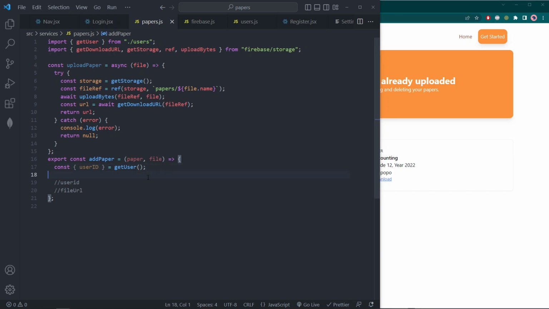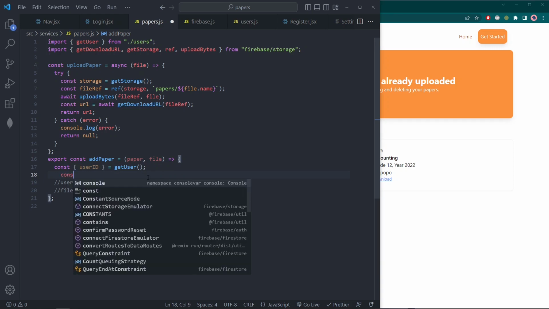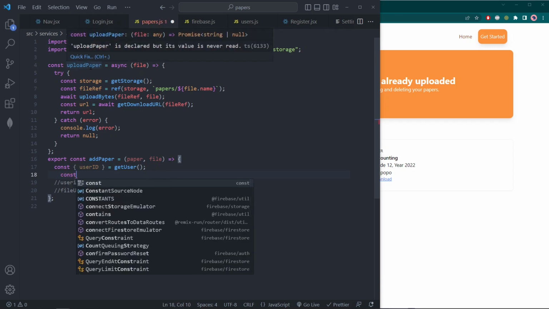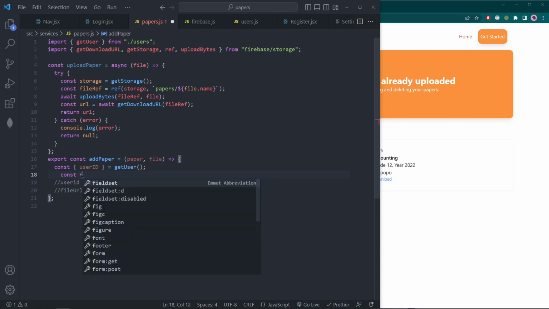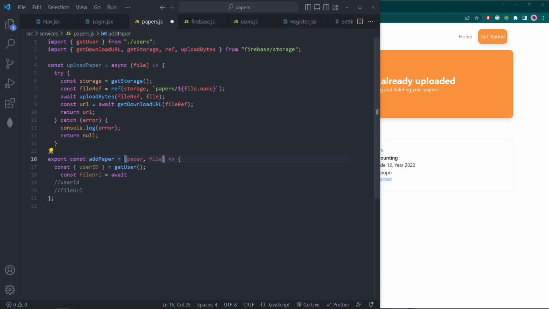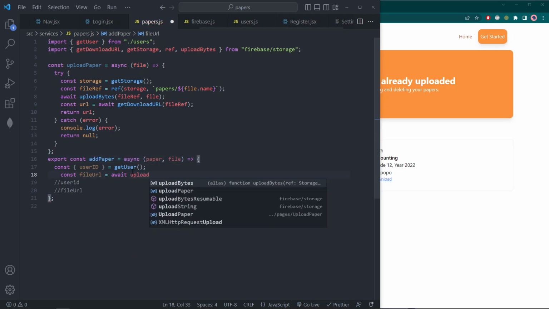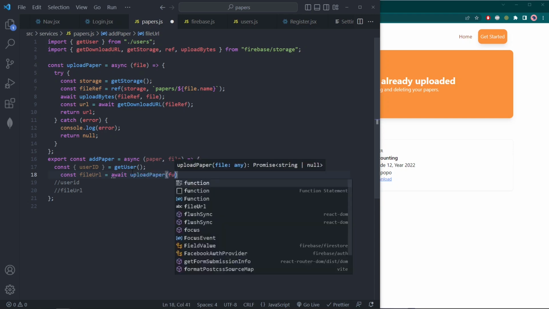So now we can upload the file, and we know the upload paper function returns what? It returns a string, right? It's either going to return the download URL or null. So let me say the file URL is going to be a string. Upload paper is going to take the file,